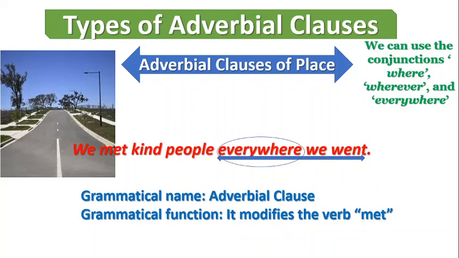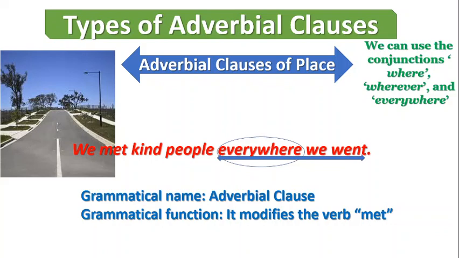How do you look at this example? I will go wherever you go. I will go, full stop, it can work. But wherever you go, can it work on its own? No. So you ask, I will go where? Wherever you go. So you can see that it's modifying the verb phrase will go. That is what you do. You can just form sentences. What about